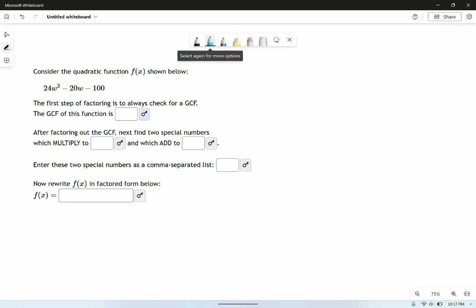So you see these numbers are a little bit intimidating right here, but I recognize pretty quick that I can factor out a 4 from this. I'm going to pull out a factor of 4, and look what's left behind: 6w squared minus 5w minus 25. Now, when you take out a GCF, you're still left with the trinomial. We're still going to have to factor that, but I'm just going to take that 4, put it over here, and I get to forget about it. I get to just deal with what's on the inside of these parentheses.